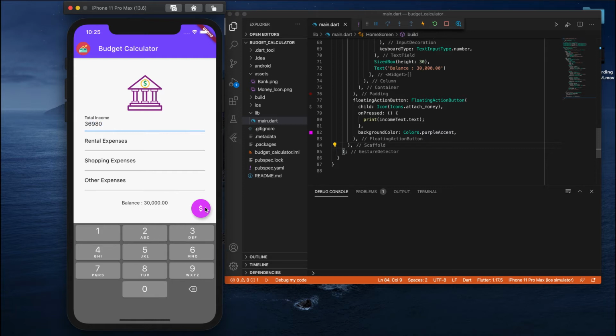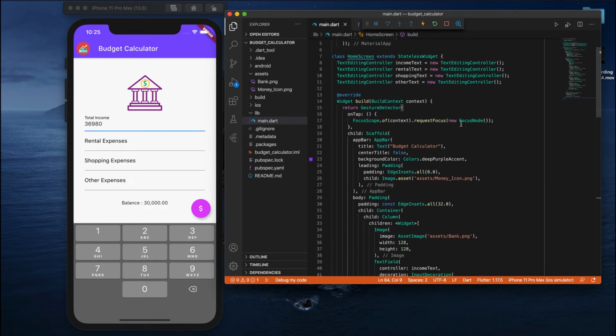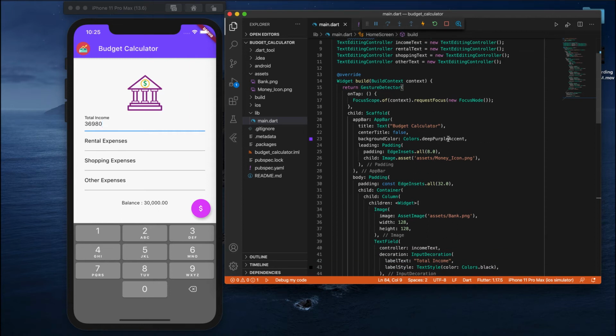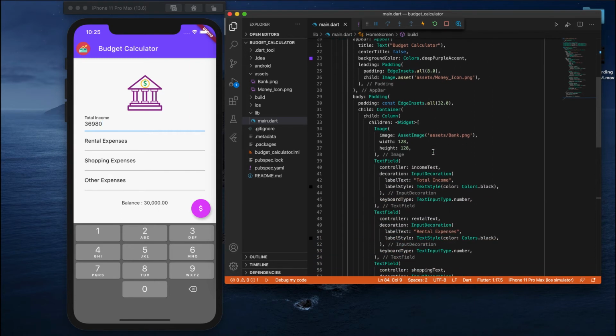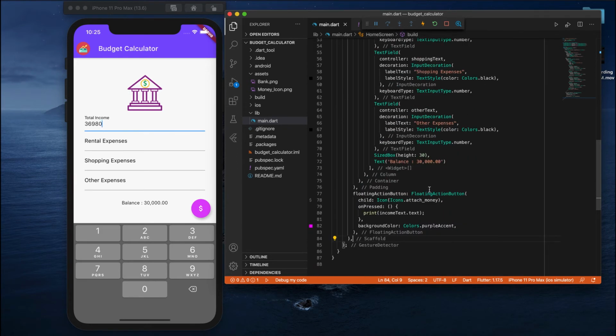When I tap on this floating button, this number will display here. See, which is 369. That is what this text editing controller will do. It controls your text field value as text field data, and that will pass wherever you want. If you want to get the data from your text fields, this is how you can do that.